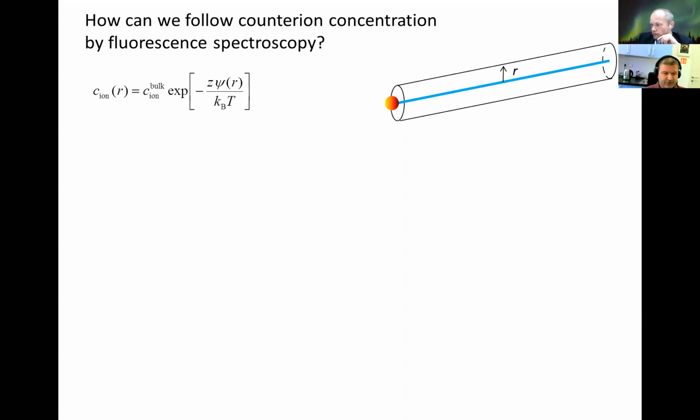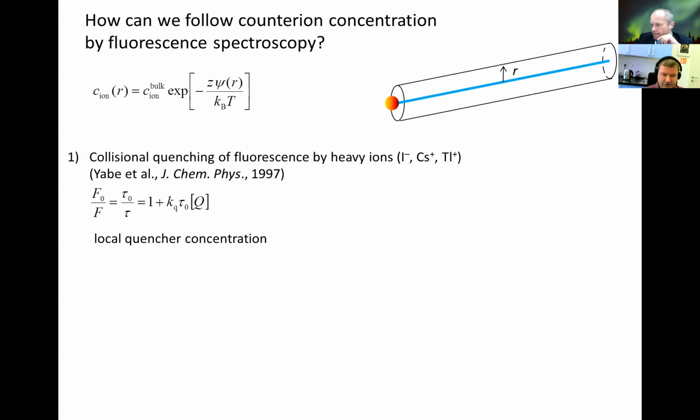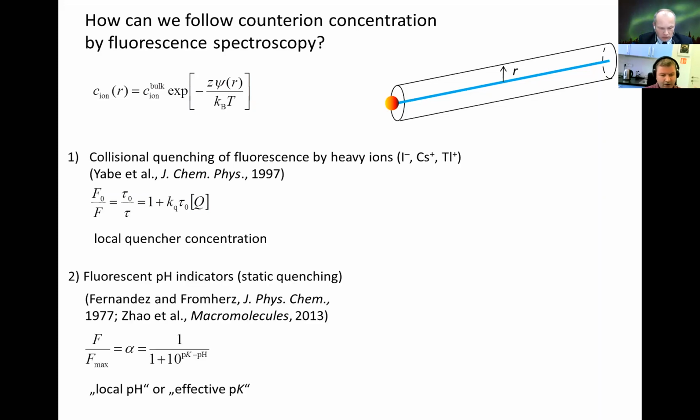There are two ways to do so. One is collisional quenching of fluorescence by heavy ions. So if we use the heavy ions, we can measure how the fluorescence of the probe is quenched by them, and from that we can conclude what the local quenching concentration is, or by fluorescence pH indicators, which is in fact the static quenching, because